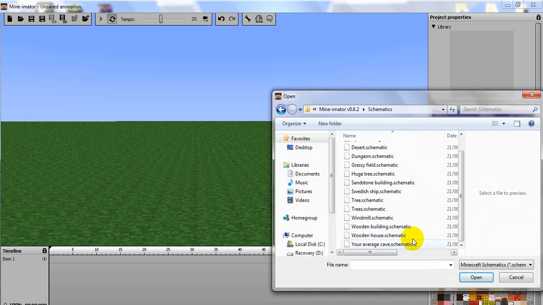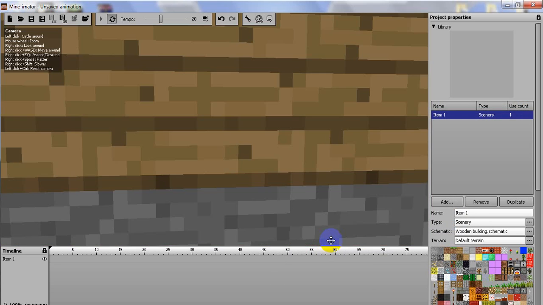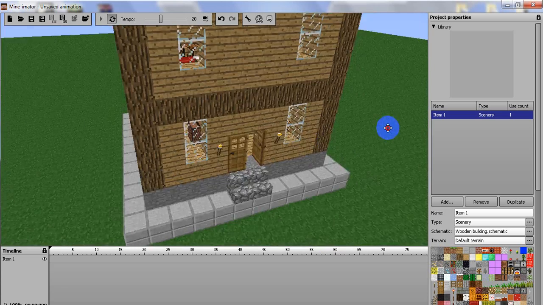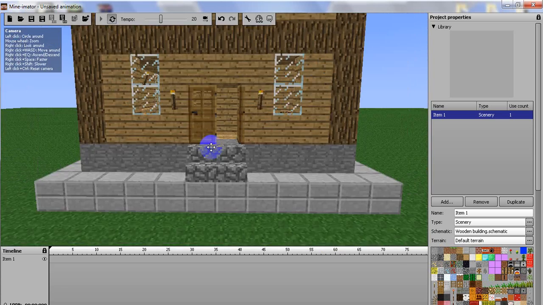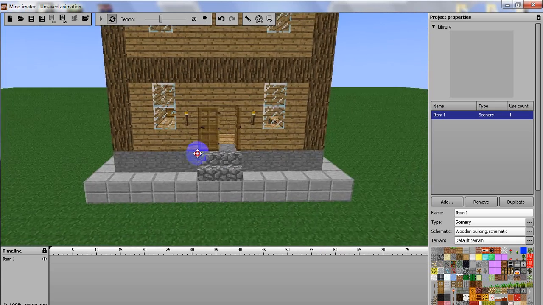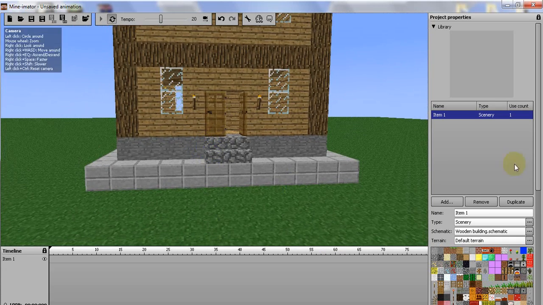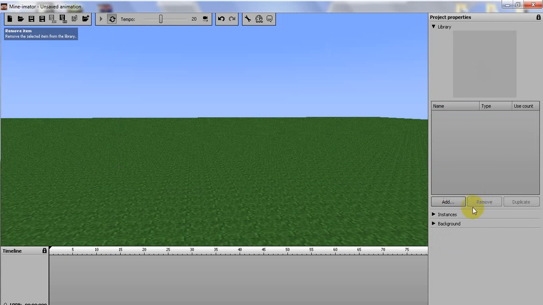Where's the one that I was just using? A wooden building. I think this is the one. No, I wasn't using this one, but I could use this one. In fact, guys, this one's pretty small, and that one does take a lot of time to use. Well, you have to be really careful with it, so